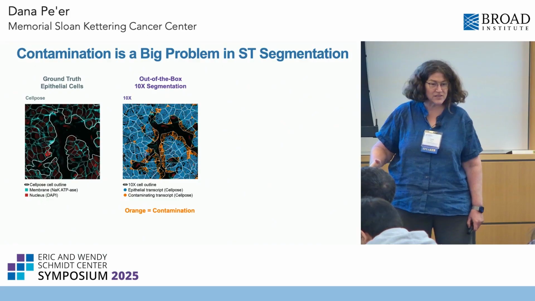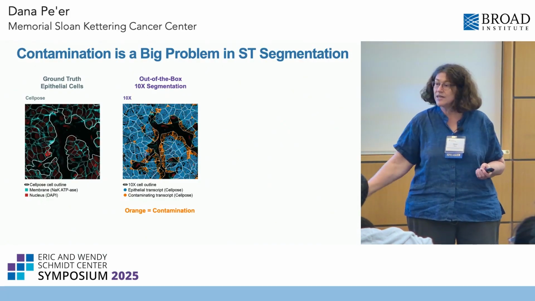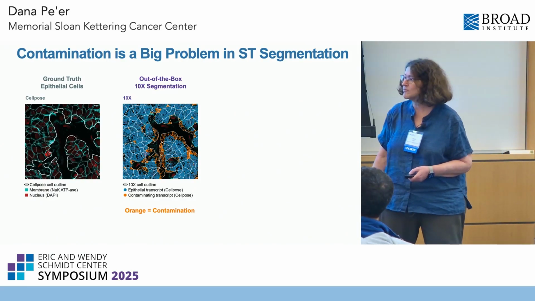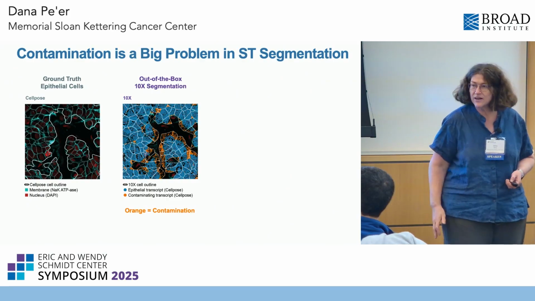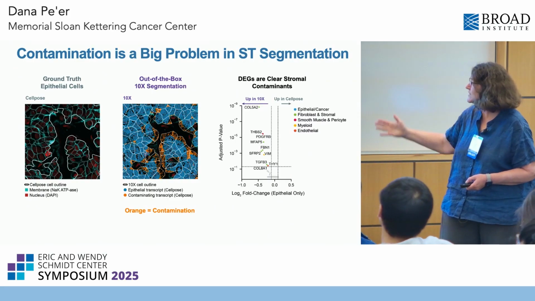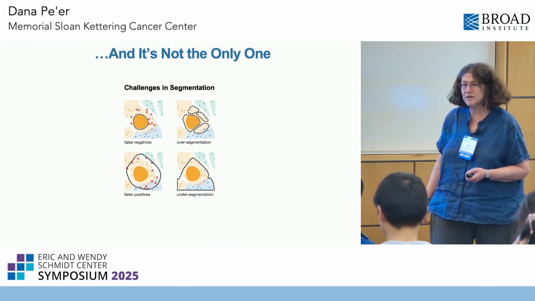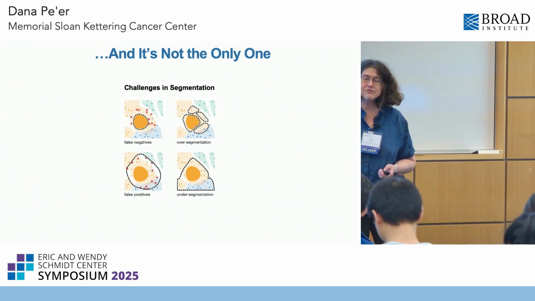All the orange molecules are contaminations. These are molecules from completely different cells. If you include these molecules in your segmented cells, you're going to get completely wrong biology. And you're like, okay, why do you trust 10x? But nothing else does better. We've benchmarked everything, and here's how you get all the wrong things. So there are just so many problems with associating transcripts to the right cell, even if you have